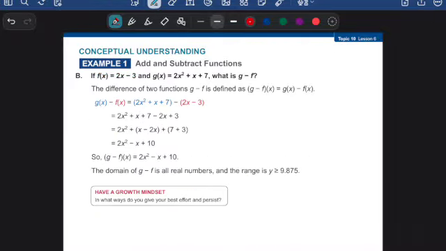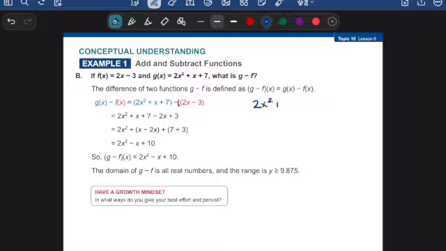Example 2, subtracting two functions. So now we're going to do g minus f. Notice we're going to do the quadratic function minus the linear function. Okay, and so again, just making sure that we line up the like terms. So in the example they gave us, just remember that negative outside the parentheses, there's an invisible -1, so we're going to distribute that -1. Each term inside the parentheses becomes the opposite sign. You can also line them up